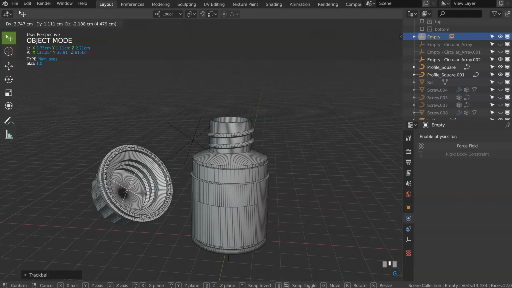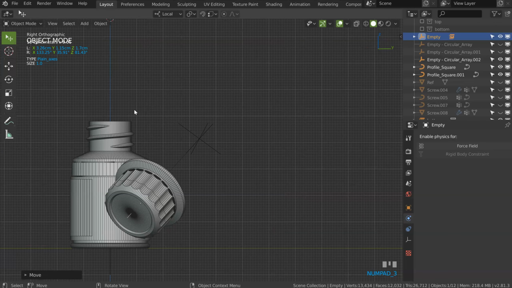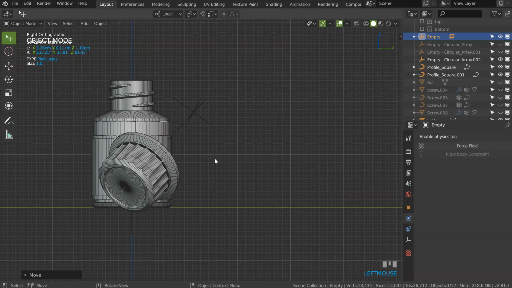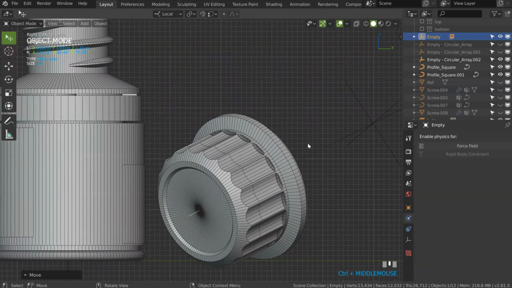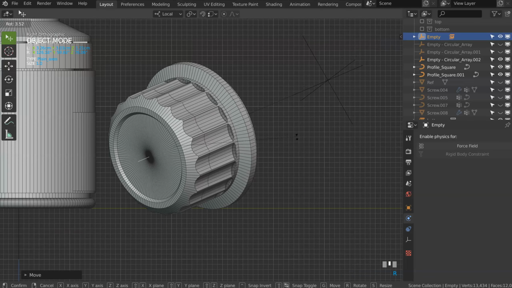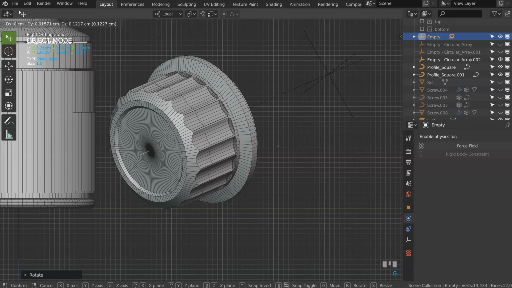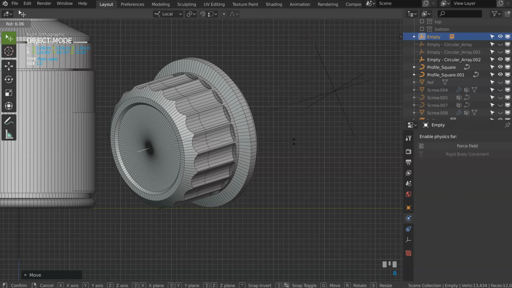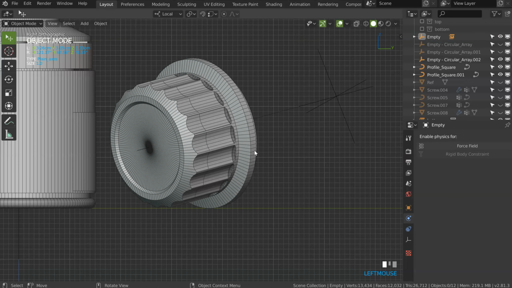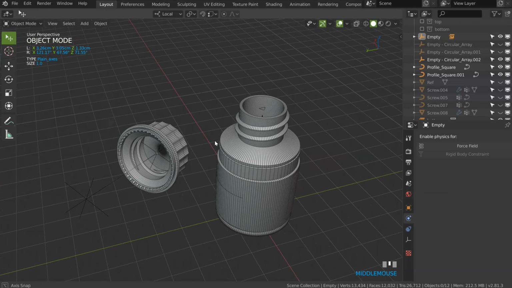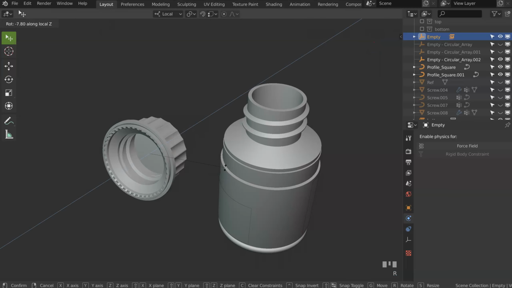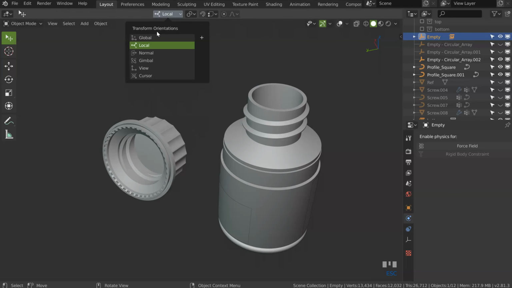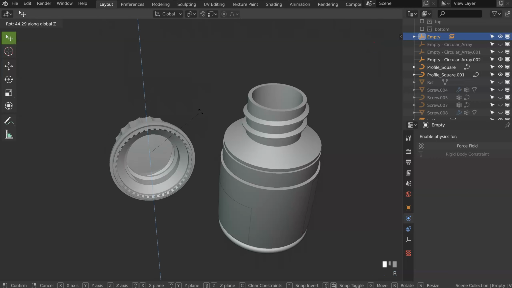Perfect. So just like that, if you want, let's see, up, G, R. Let's move it. I'm not sure that will be correct to do it like that, but that can work. So like that, if you want, you can make something. Hoopla. Something like that. RZ, boom, no, I'm in local, global, RZ, boom.